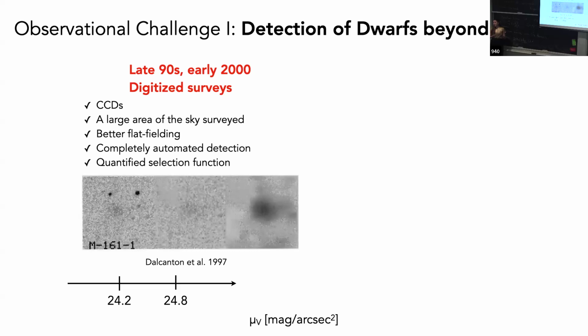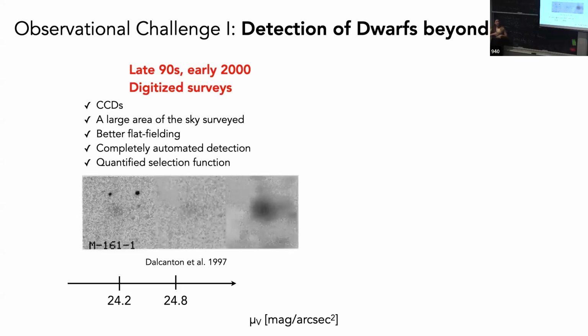There were some new techniques that allowed improved flat fielding, which helps us with actually finding these galaxies. But I would say mostly, the automated detection and the fact that we can quantify our selection function was really crucial. And this is from Julianne's paper from '97, I think from her thesis, where you can see this is the first image, and then we can work on this data with algorithms and mask these bright stars, and then bin and smooth and find the galaxy. So that I think was a big step forward.